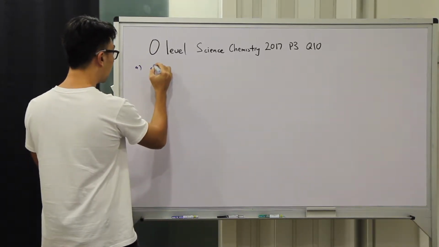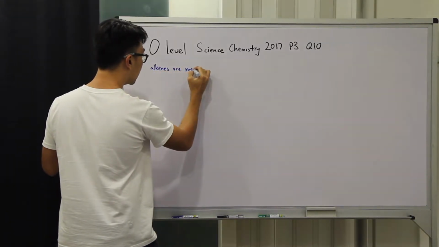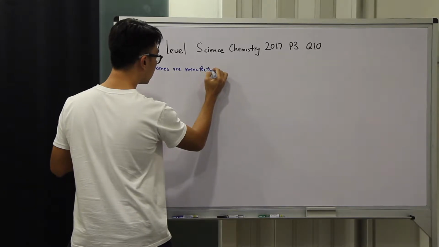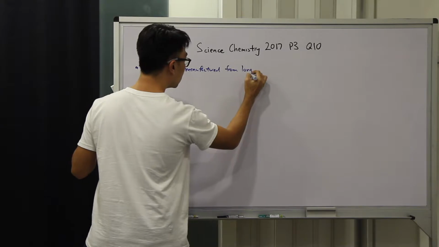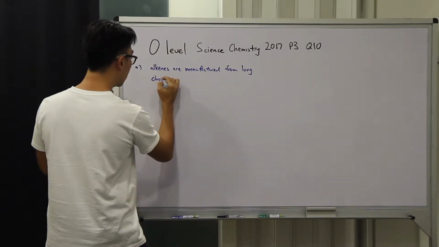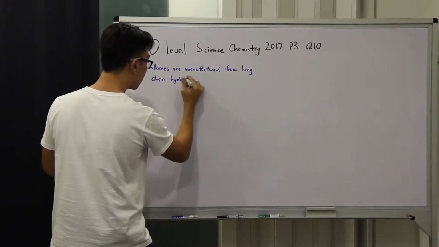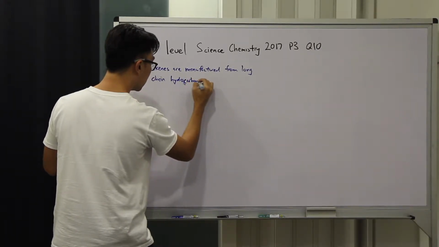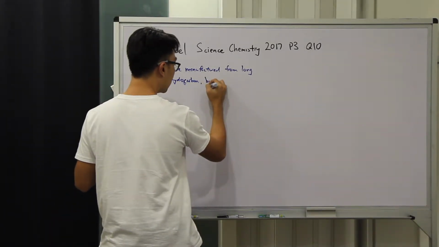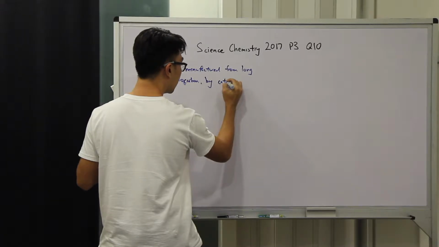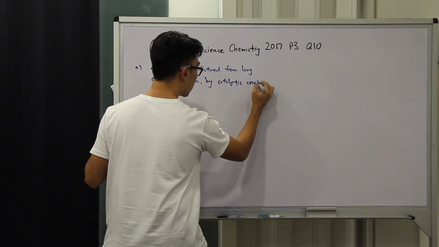alkenes are manufactured from long-chain hydrocarbon by catalytic cracking. So this is a keyword, catalytic cracking,